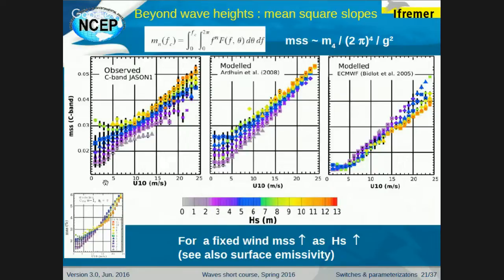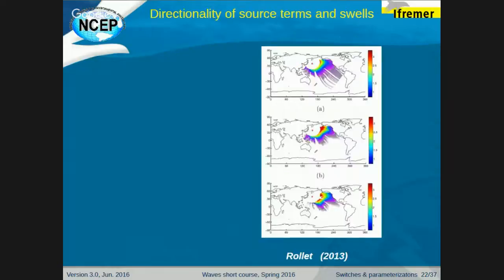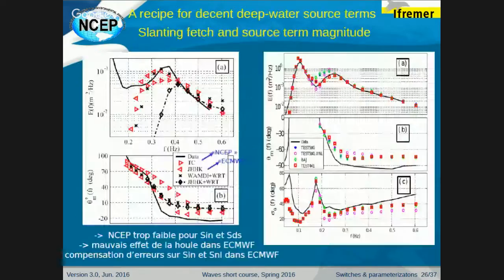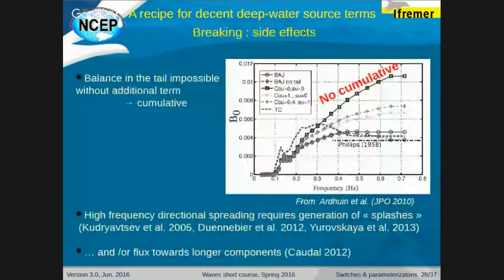And the difference between this and that is the introduction of a sheltering term, which is essentially a reduction of the wind input at the higher frequencies, and we put that in because otherwise we could never get a balance between the input and dissipation for the short waves. Still, when we do this, and we look at the shape of the spectrum,